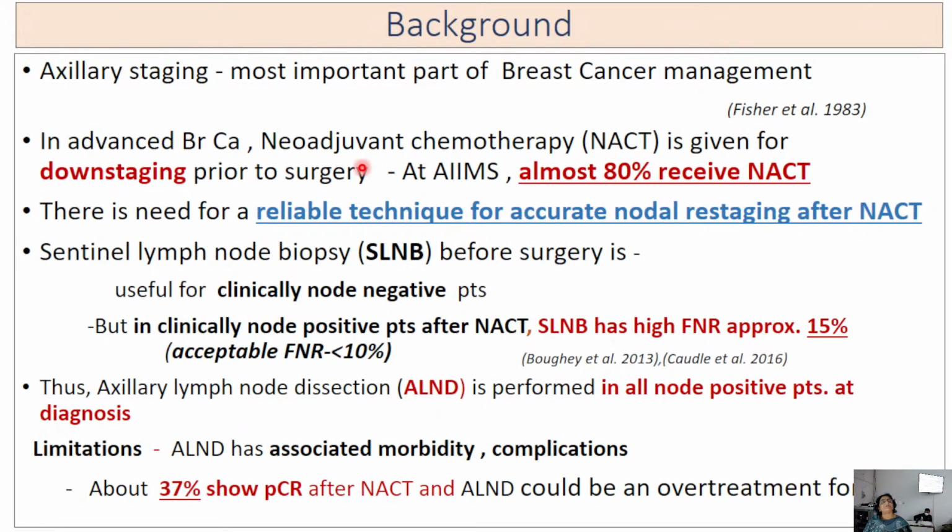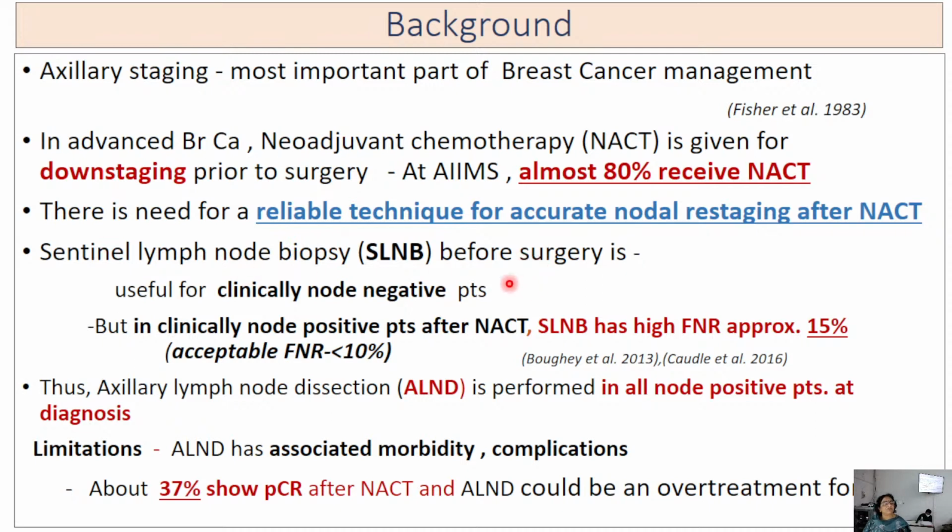Axillary staging is the most important part of the current management of breast cancer. In advanced breast cancer, chemotherapy is often given for downstaging the tumors. At our setup, almost 80% receive NSCT. So a reliable technique is needed for accurate nodal restaging after NSCT, because what's happening is sentinel lymph node